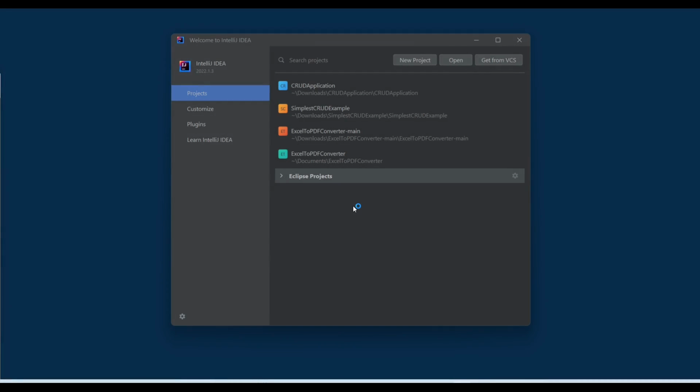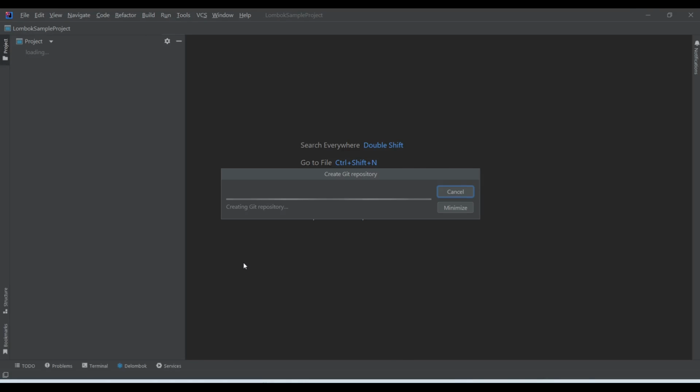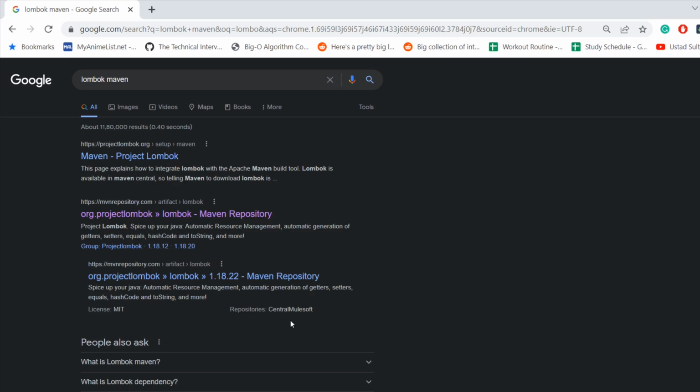Alright, so first thing first, you need to create a new project. So I'll just click on this and I'll just give a simple name. Alright, so I will be using Java 17 here with Maven. So once your project is done loading, then what we need to do is we need to make some changes to our pom.xml file. Now, like I said, Lombok is a library, so we have to add it to our